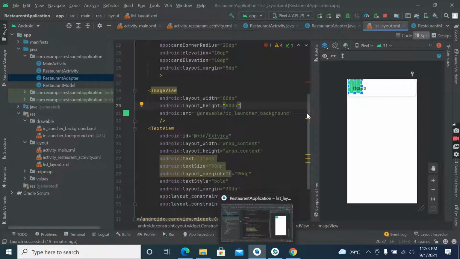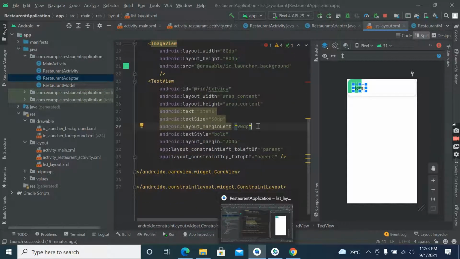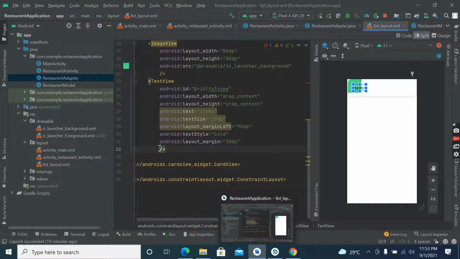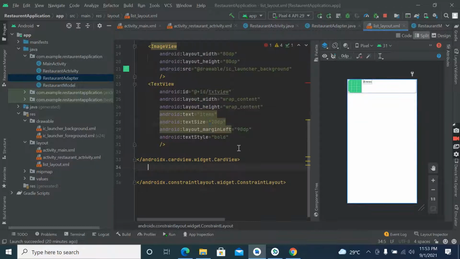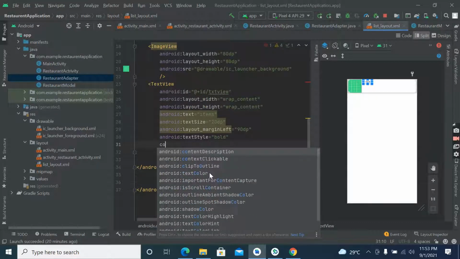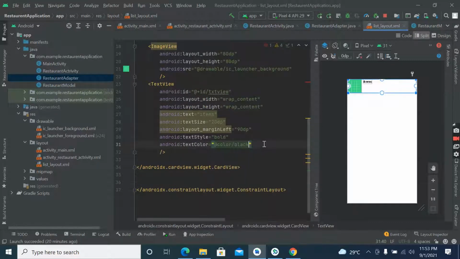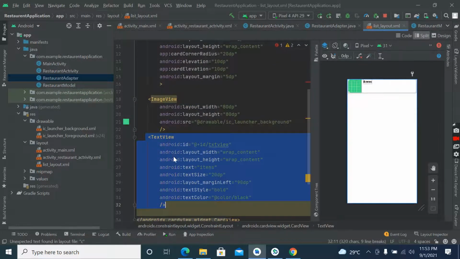Now it should be on the left. Why is it getting margin from top? Margin left. Okay, let's remove this line. And its size should be 20 and its color black. Okay, now this is for the name and another view for